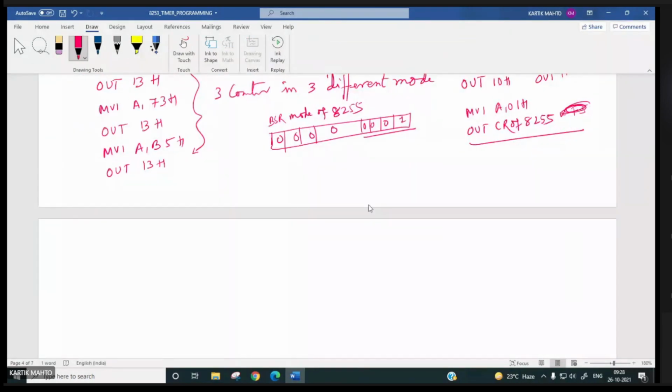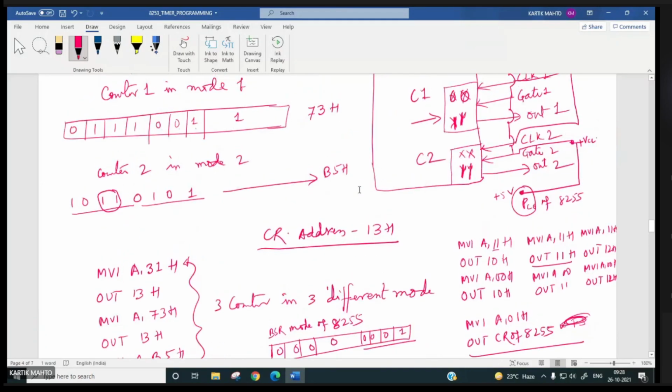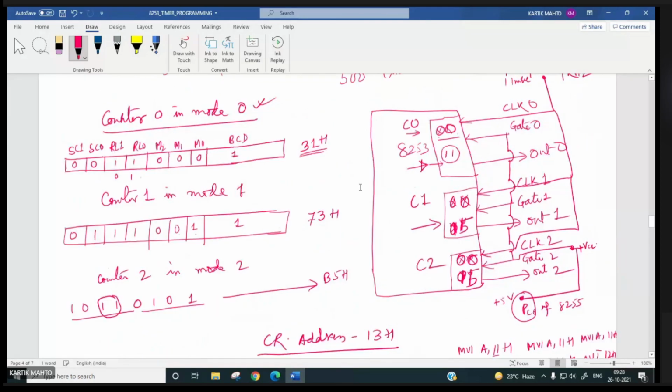Right. So this clock is of 1 kilohertz. No, let us make this count value 5 only. 0, 0, 0, 5. 11 will be lengthy, no?